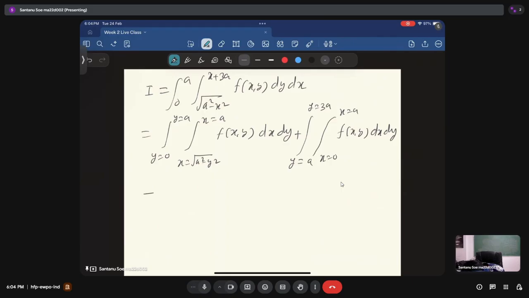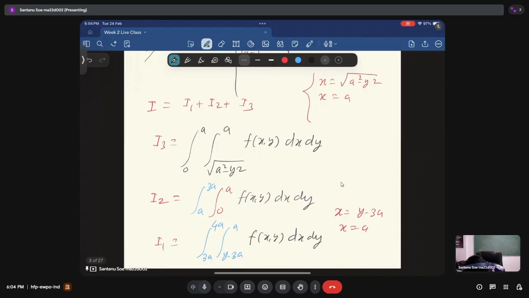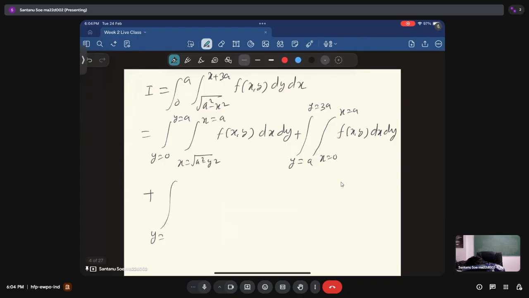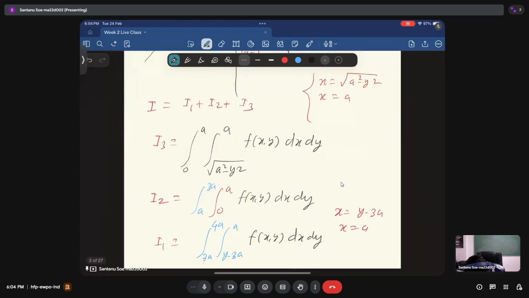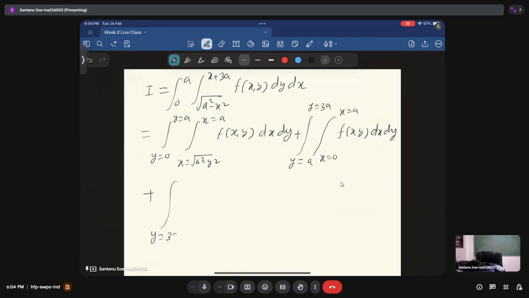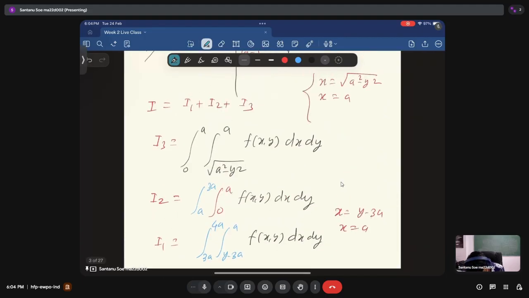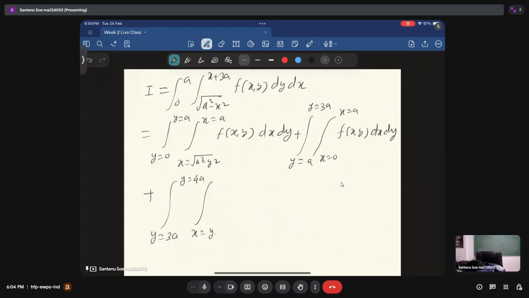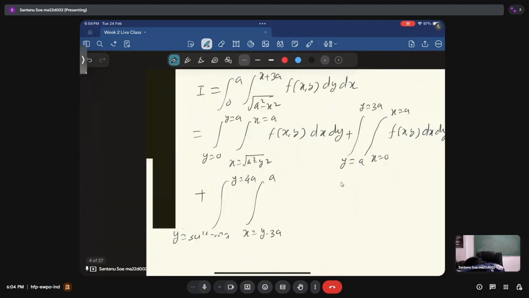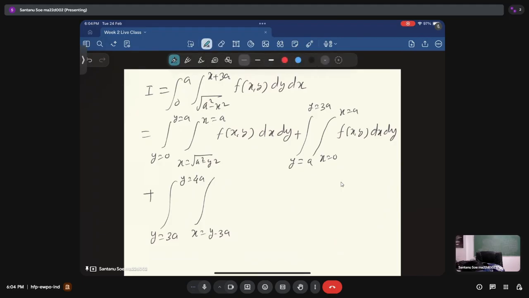plus integration y equals 3a to 4a, x equals y minus 3a to a, f(x,y)